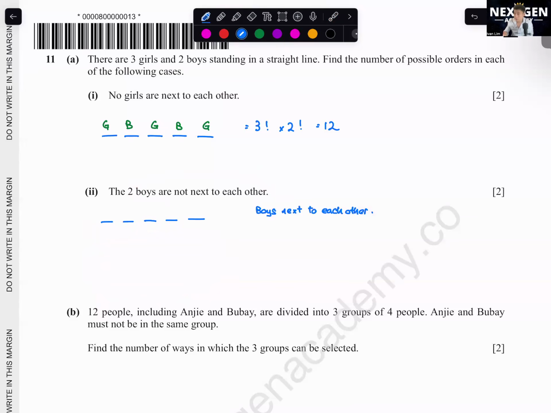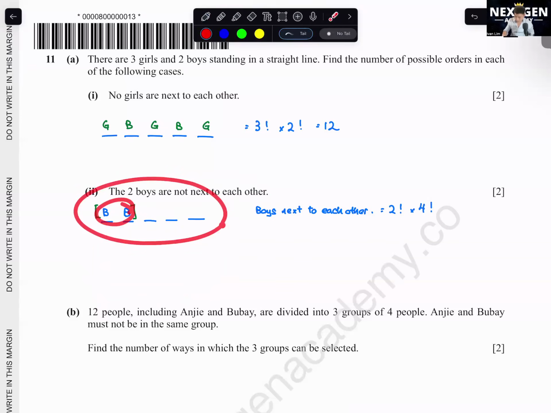Okay, let's assume that two boys are here together. Boy and boy together. Boy, boy can be here, can be here, can be here, can be here. How do we calculate for this part? You will take 2 factorial multiply 4 factorial. Boys next to each other is 2 factorial multiply by 4 factorial, because the total you have to look micro then macro. 2 factorial times 4 factorial we'll get